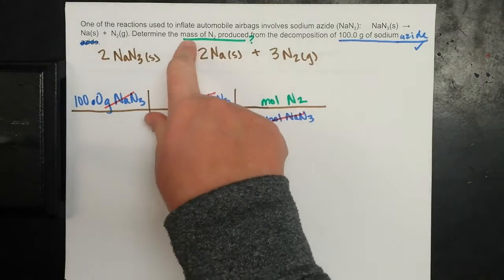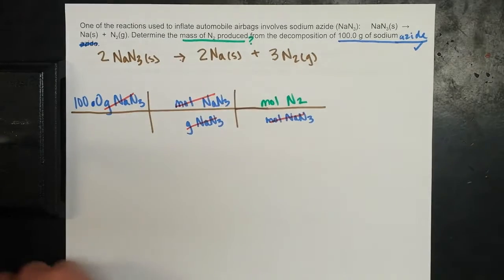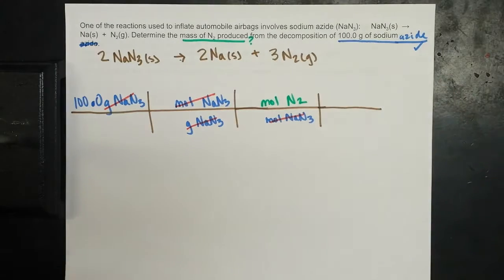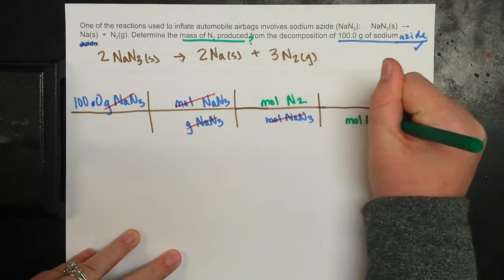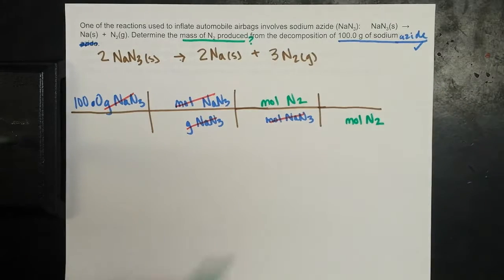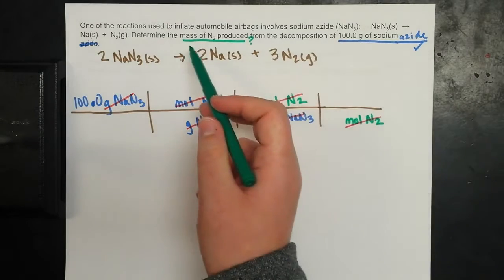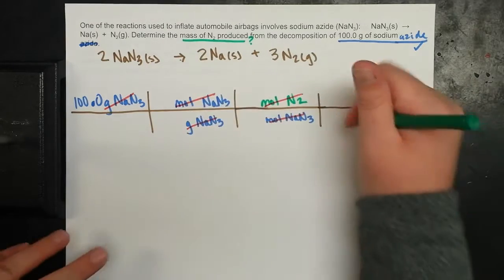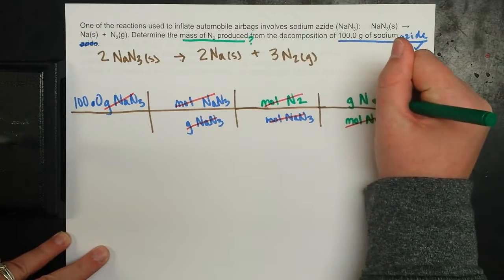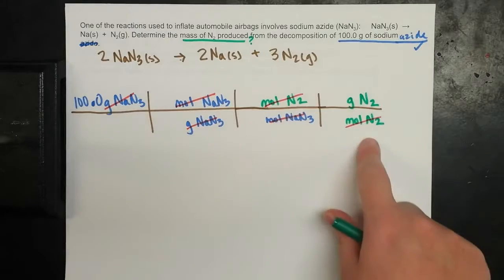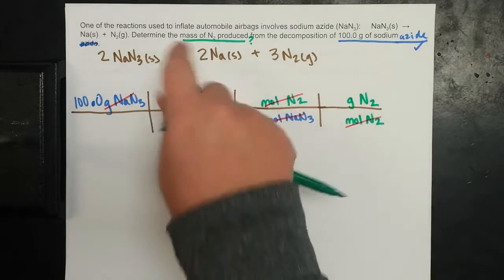But I'm asked to find the mass of nitrogen, so I still need to cancel those units out. So I can put the moles of nitrogen in my denominator so that they cancel. And I know that I can convert between the moles of one substance and the mass of that same substance. So I'm going to go ahead and put grams of N2 up top. Okay. I see that all my units cancel out, and I'm left with mass of nitrogen, which I was asked